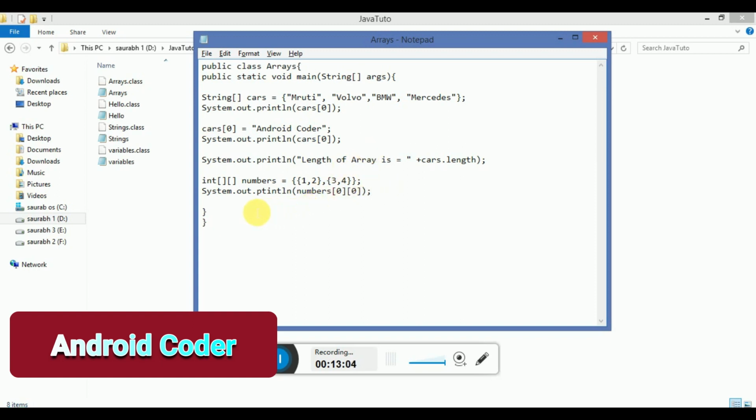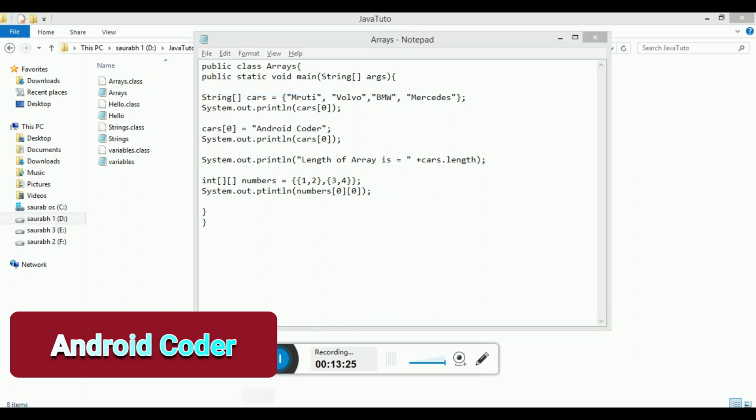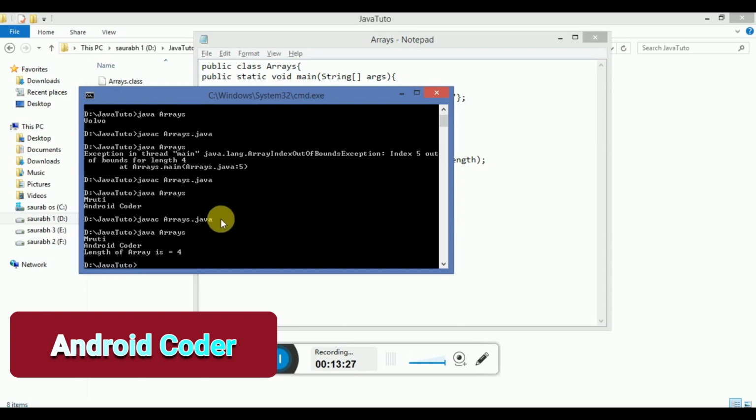This basically means we want to print the element of the 0th array at the 0th position. So this is the 0th array and this one is the 0th element of this array. Let's check what we get as output; just save it.